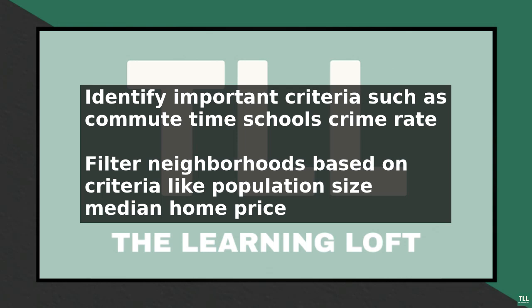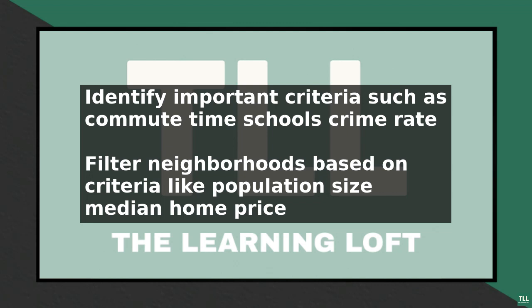You can filter by state, city, or zip code, as well as by specific characteristics such as population size or median home price. For example, if you are looking for a neighborhood with good schools, you can filter by the quality of local schools. In addition to filtering, you can also use the sorting function to rank neighborhoods based on